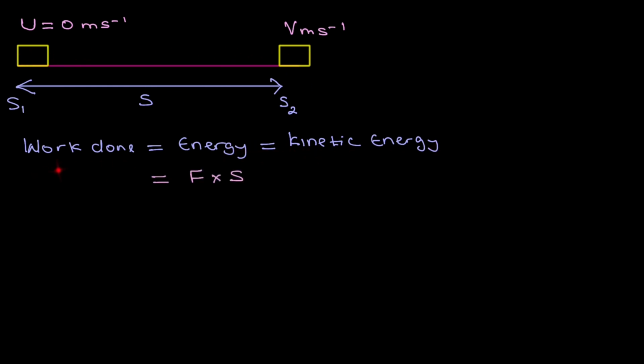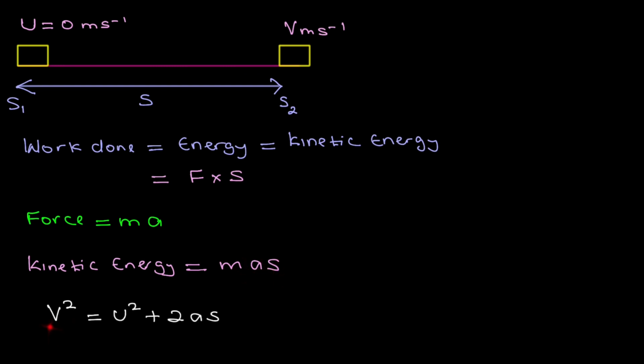motion. And the work done is equal to force times distance. But force is equal to ma, mass times acceleration. So now I can replace the force F by ma. The work done, which is equal to the kinetic energy, now equals mass times acceleration times the distance